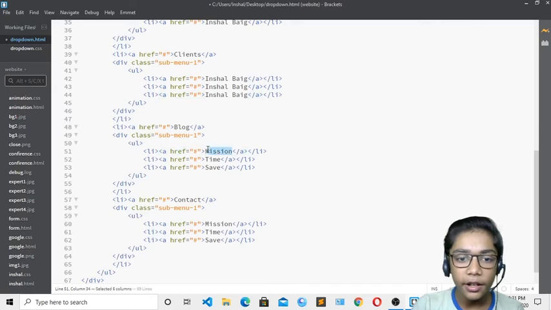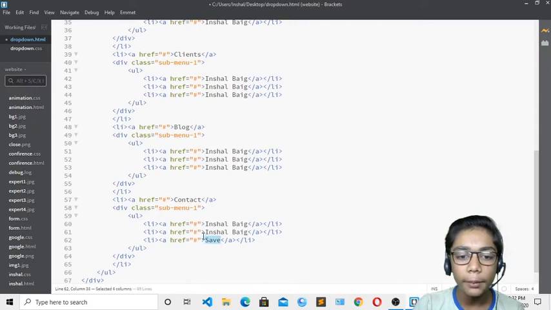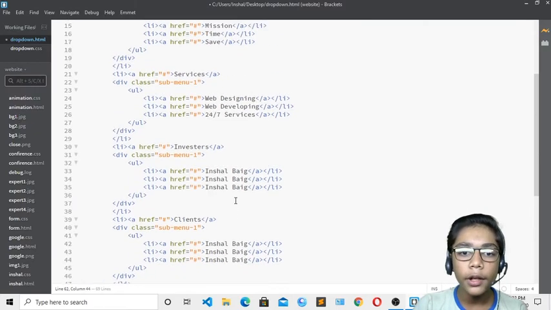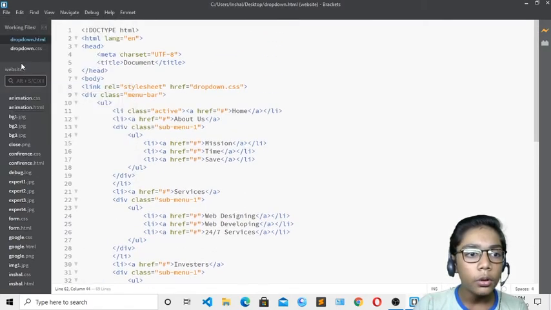So I will write randomly. I am just writing my names in all of them. I will paste that over here also, and you have to do the same in all of them. You can also write anything you want, but I am writing my name in all of them. Over here you can see I have done that for all of them.